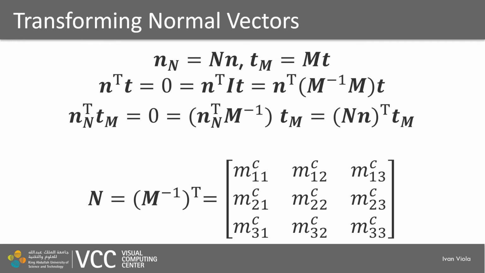Here is how we can do it. So imagine that we have our normal vector and our tangent vector. So this is our normal vector, this is our tangent vector, and they should always remain perpendicular to each other. A tangent vector is always perpendicular to the normal vector. So this expression should hold, and we should see how to